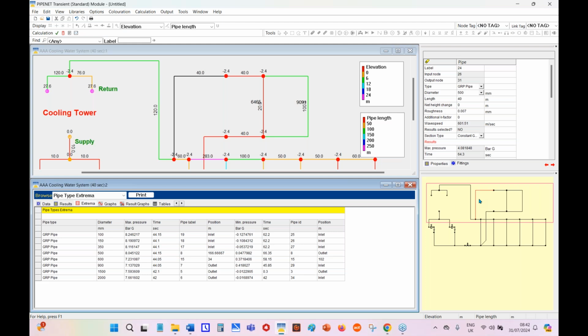I will try and cover most of the important features of PIPENET. And as you know, PIPENET has 3 modules: the standard module for general purpose applications, the spray sprinkler module for fire protection systems calculations, and the transient module for dynamic calculations. We will look at all 3 modules